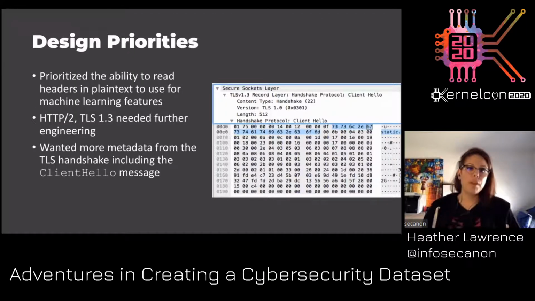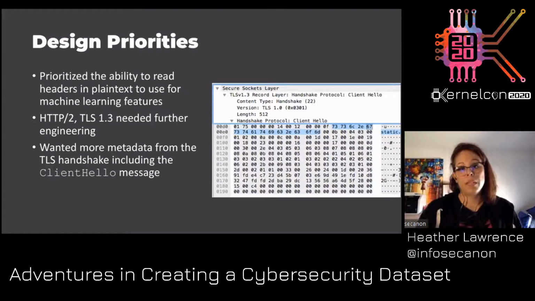For design priorities, this is for machine learning. We wanted the features to be as good as possible, and we wanted to prioritize plain text machine learning features, which unfortunately means HTTP2 and TLS 1.3 need further engineering because they are encrypted, and HTTP2 is compressed.